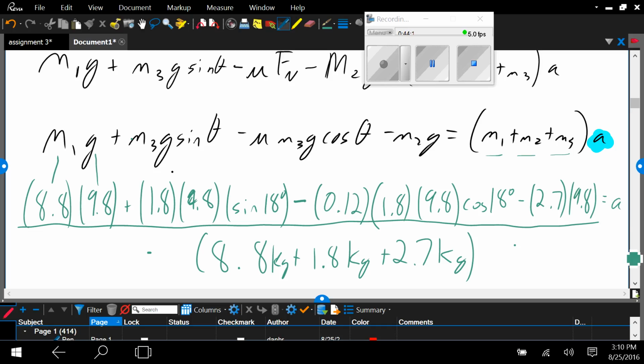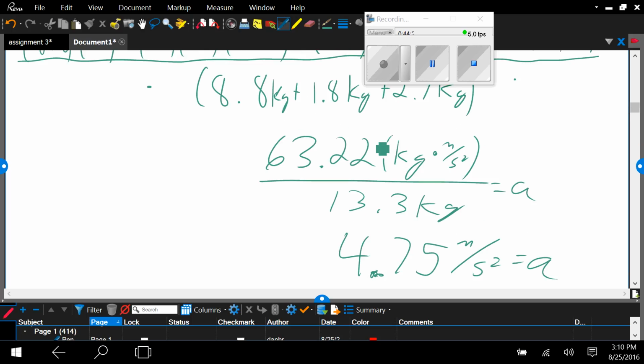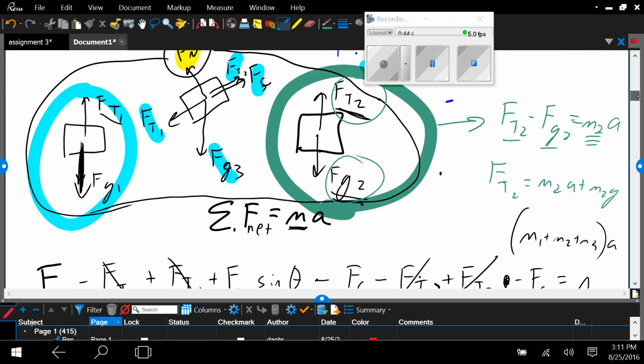All right. As we plug those numbers in, what I got here on a calculator was 63.22 for the numerator on top, and that's in mass times acceleration, or kilograms times meters per second squared. The denominator is just the three masses added together, 13.3 kilograms. Okay, our units of kilograms cancel out. And our acceleration I got was 4.75 meters per second squared. So having that A from using the F equals ma for the whole system, all three masses, we now can again look at this little green and blue circle and plug that A back right in